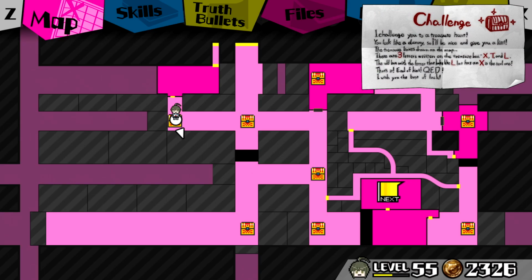So, reminding ourselves of the challenge at hand, we have to find the treasure that is hidden, and the hint that's given to us is that the treasure boxes have 3 letters written on them, X, T, and L, and the odd box out, the one with our reward in it, is the letter that looks like an L but has an X. It's really strangely worded, but basically what it means is